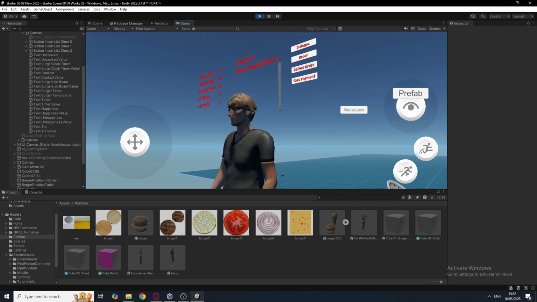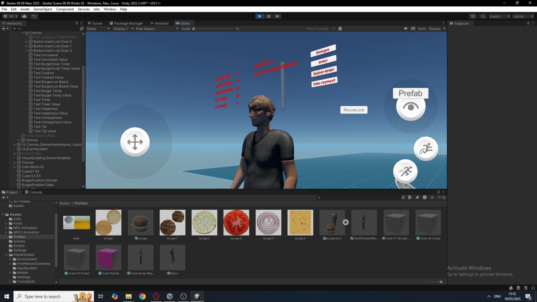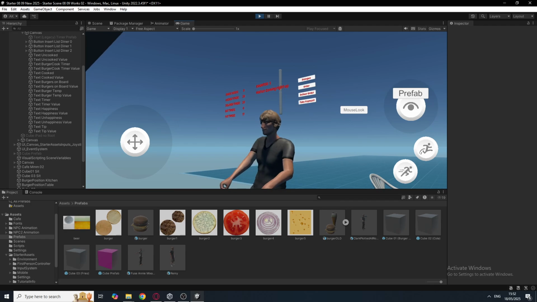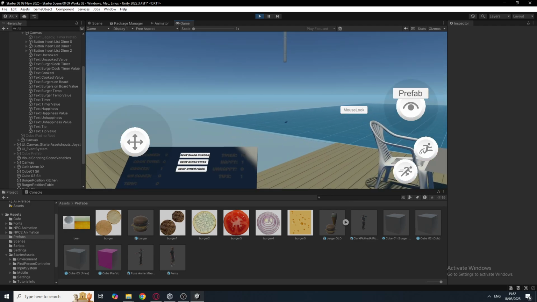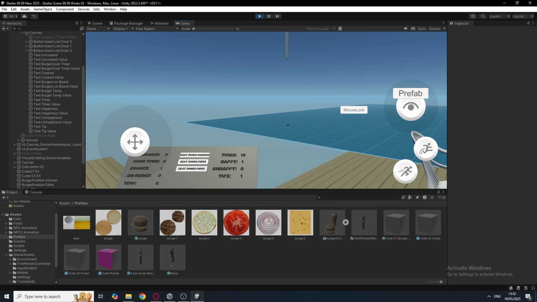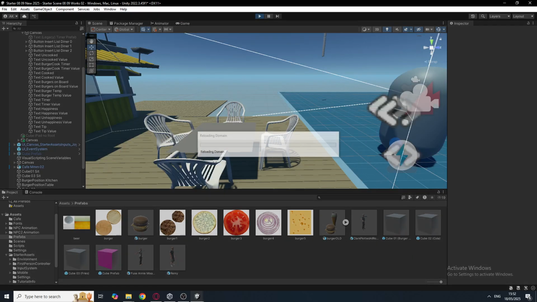If we press deliver order, as we can see, the eat timer is going down, and once it reaches 0, we can press take payment, which makes the NPC do a little dance, and as we can see, we gained one happy customer and we gained one tip. The tip can be a random value. So if we start it again,